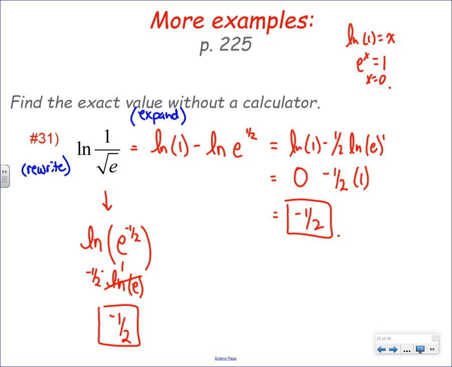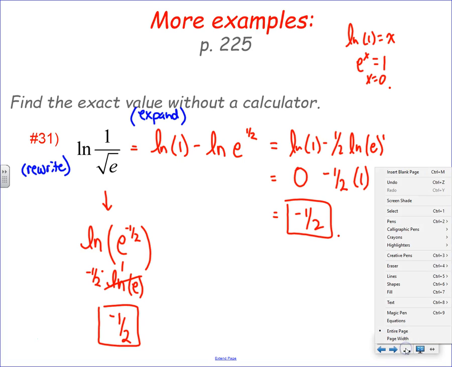But does this way work as well? Yes. But do you still need to know that ln of e is equal to 1? Yes. So quick question. What if I was to ask you